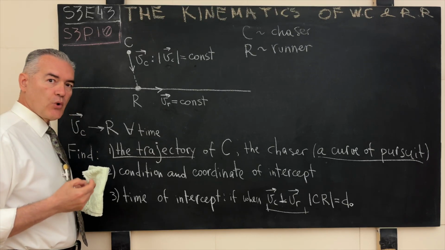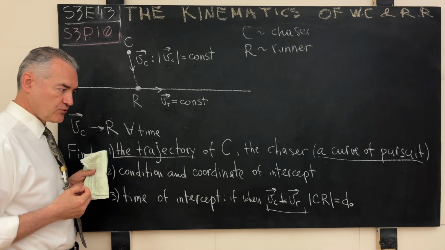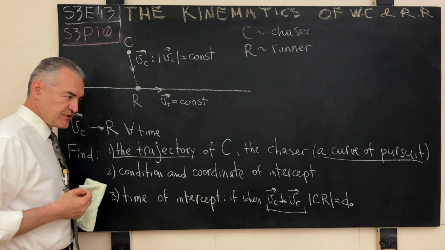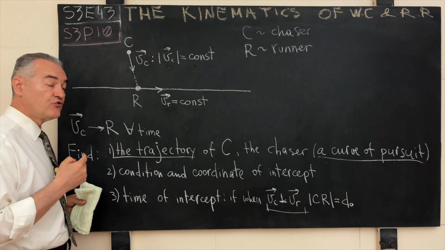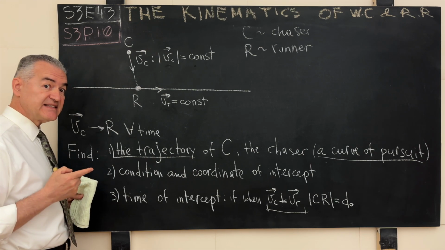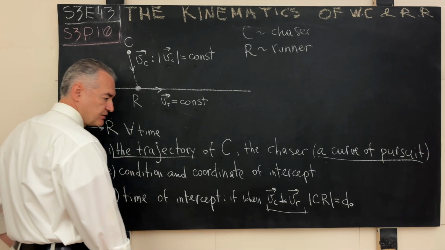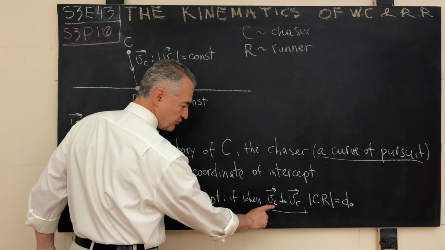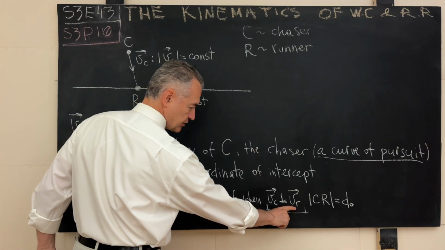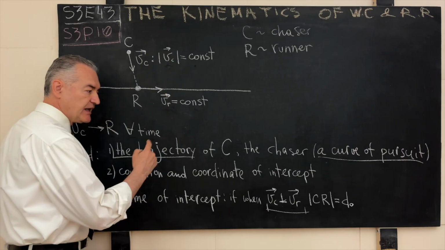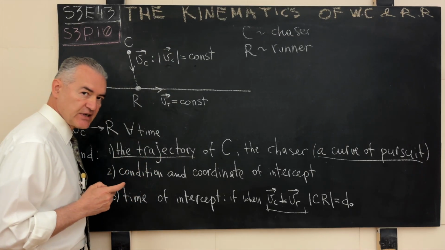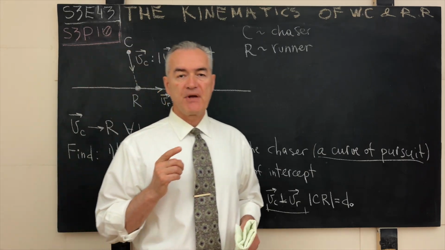Once the problem statement is understood, we will begin the discussion of our solution of this problem with the reasons why many students fail to solve this particular problem, and specifically why many students fail to convert the initially mysterious condition that when the velocity vectors of the chaser and the runner are orthogonal, the distance between the points is given, into actionable physics and actionable mathematics.